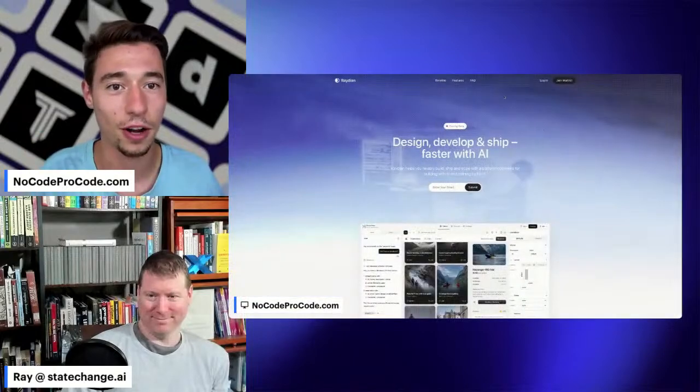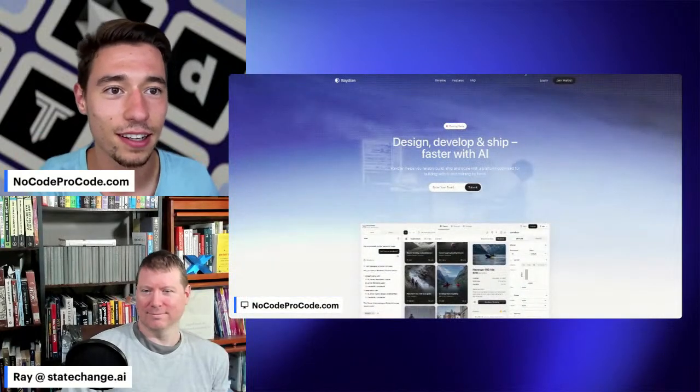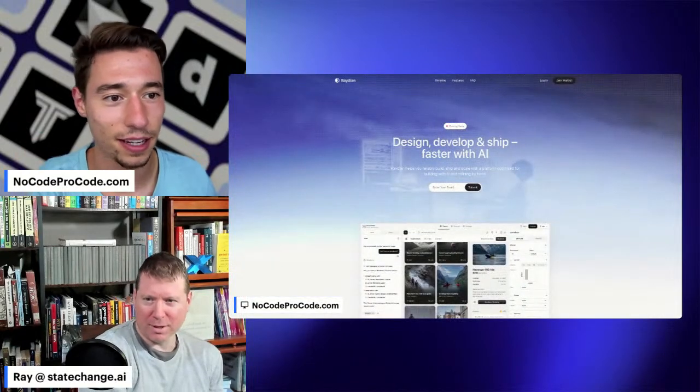I found a vibe coding tool. The moment they launch, this is the tool I'll be moving everything to if I need to. I think this is really impressive. I want to show that to you. I want to get your opinion on that. I'm not getting paid to say this. I really think this is the best one I've seen. Do you see my screen? I see it in tiny form, yeah.